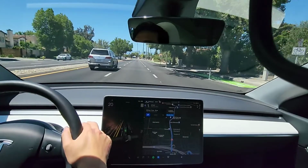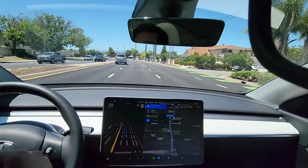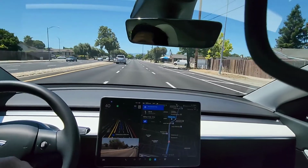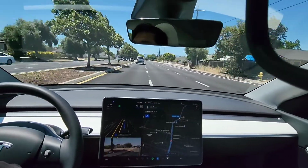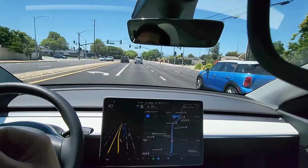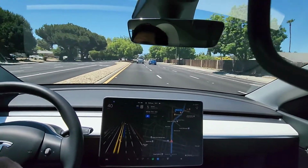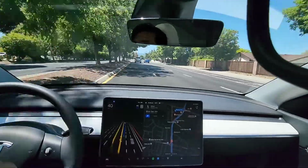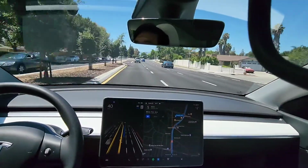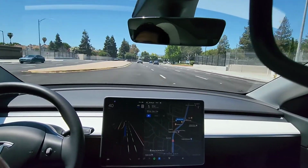Okay, I don't see the steering wheel thing. There we go. And it also likes to accelerate up to the speed pretty quick. I don't know why it's changing lanes again, but okay. I told it not to stay in the higher speed lanes, but it likes to. I think what it does is it wants to follow the median because it's easier. I don't know if that's what's going on. But the problem with that is everybody in the left lane likes to go 5 to 10 miles an hour, sometimes 15 miles an hour faster than the speed limit. And I don't like doing that, so